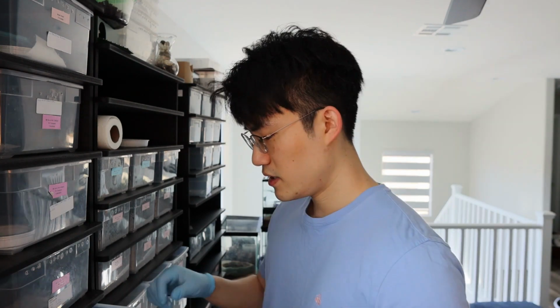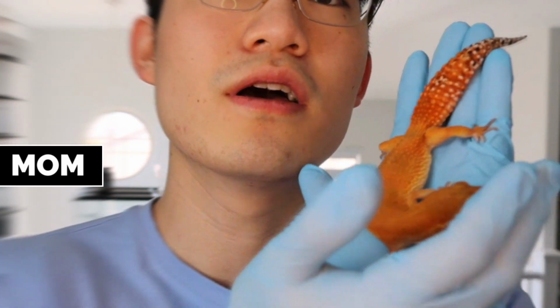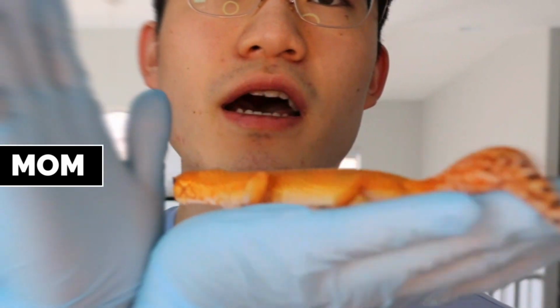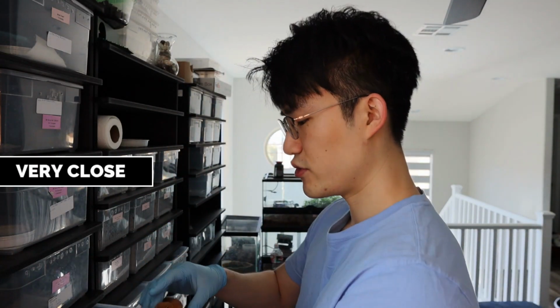So first adult that I'm going to show you is going to be the mom, and she's the oldest one that we have in our project for the Blood Tangerine lines. So this is the mom of the babies, and as you can see, she has a really good carrot tail, really nice orange color, and she doesn't have any other genetics, so she's very close to pure Blood Tangerine,